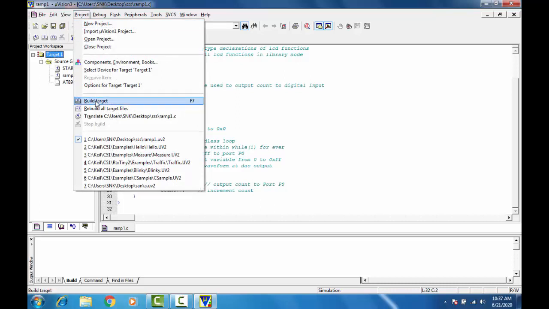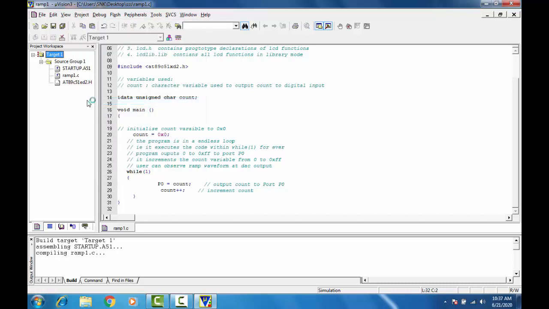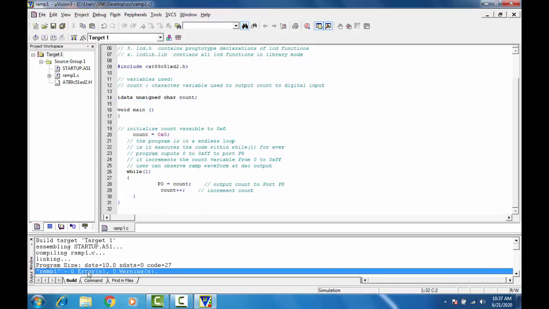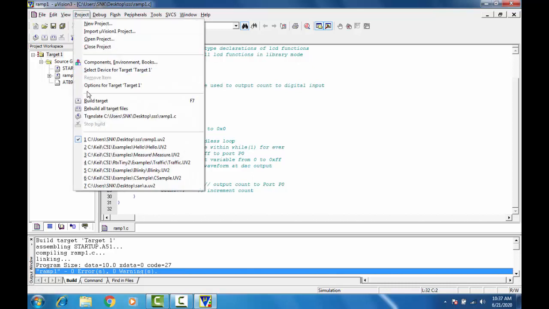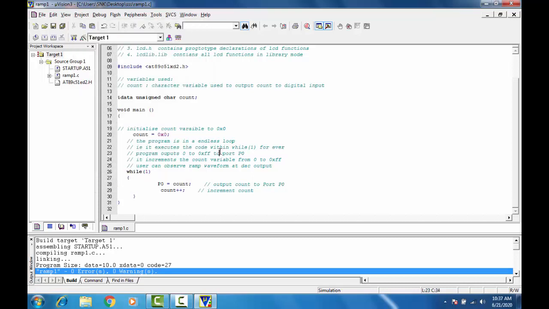After that, we need to go with a project in order to execute. You just build the target. We need to compile that target. After clicking build, it will show the number of errors and number of warnings here. It is showing currently 0 errors and 0 warnings. If there is a mistake in the program, it will show the number of errors and in which line we have it, and we can correct that and again go with the project and press build target. So this is the first part.